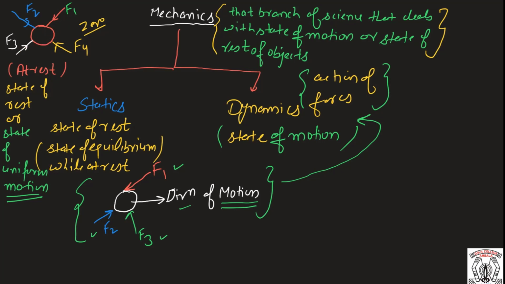So we must be able to grasp the idea of what is statics and dynamics, because the name of our paper in this BSc third semester is statics. So firstly we should know what is statics, because anyone could ask us, leave anything aside, just tell me the definition of statics. So we should be able to elaborate what is statics and how it is differentiated from dynamics, and both statics and dynamics together are collectively called mechanics.